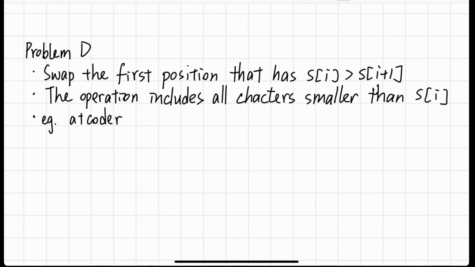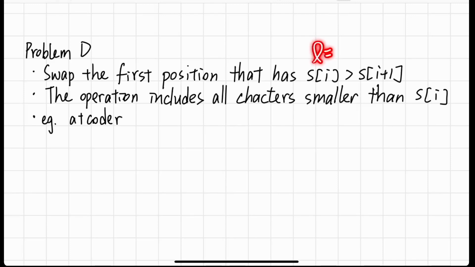So we compare characters from the first one to the last one, and then find the first character that's different, then compare which one is greater. So we want the front positions to be as small as possible. So when we see the first position that has Si greater than Si plus 1, we can perform the operation